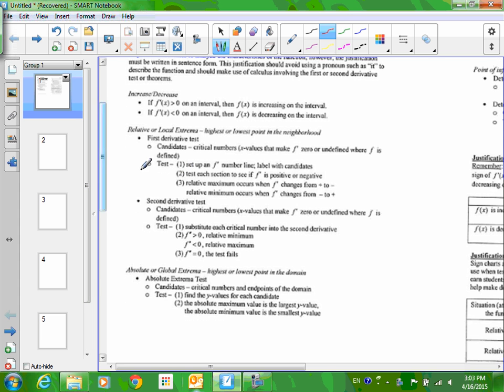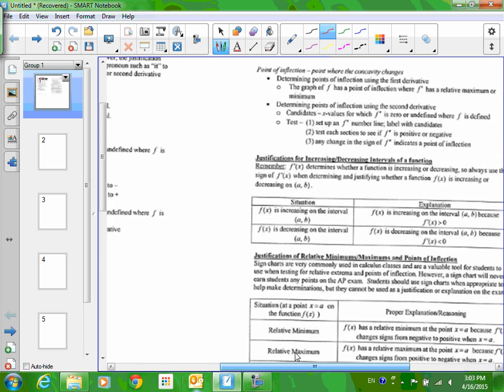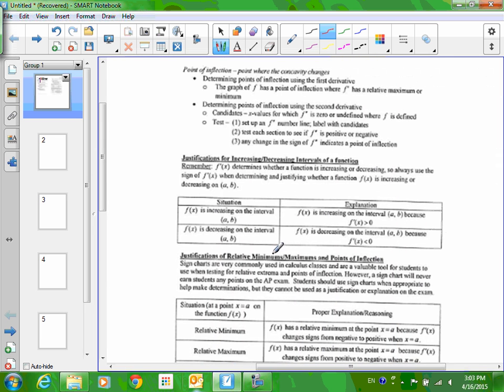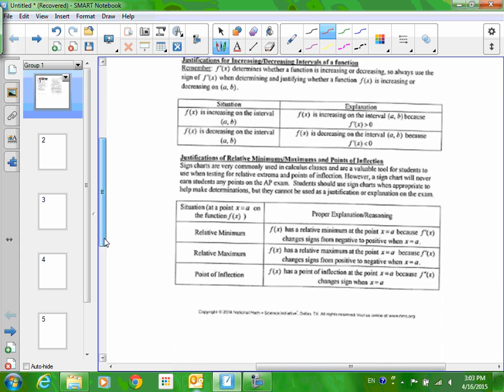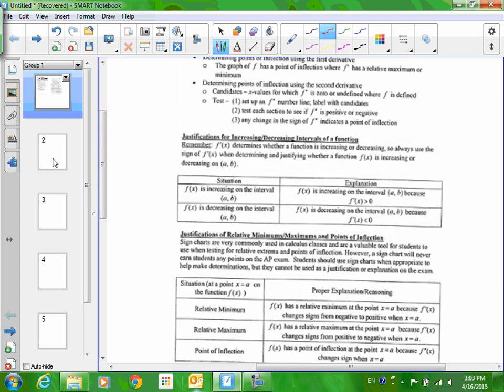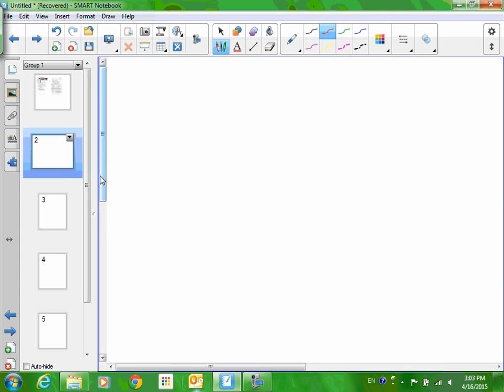I do want to say that if you're asked about increasing, decreasing, relative min, relative max, that's first derivative stuff. What's second derivative stuff? Concavity, and what do you call it when the concavity changes? A point of inflection. There's a lot of stuff here, a lot more than you probably even need, and that's just there for your reference. I want to spend time going over